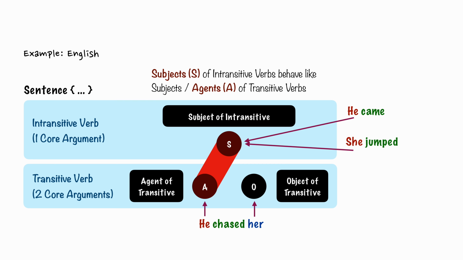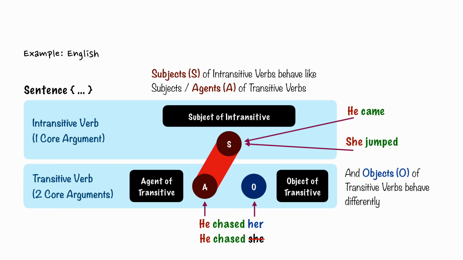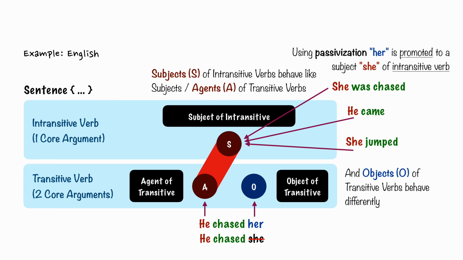However, the object differs in form. The subject she changes to her as the object form. "He chased she" would be incorrect, indicating that an object O behaves differently than a subject S or an agent A. We can promote the object her to a subject using a passive construction. So, she was chased. So here her is now promoted to the subject S form, and the verb becomes intransitive,